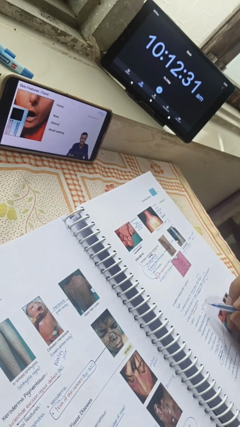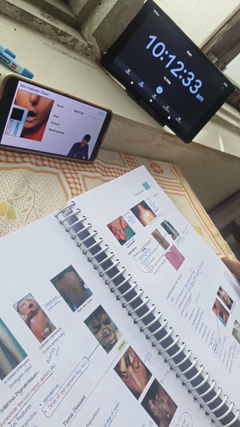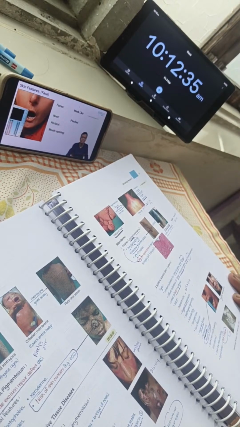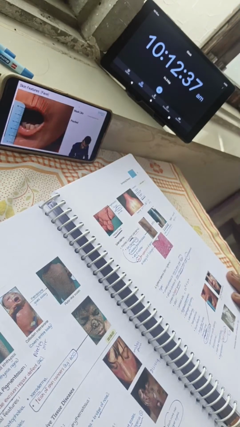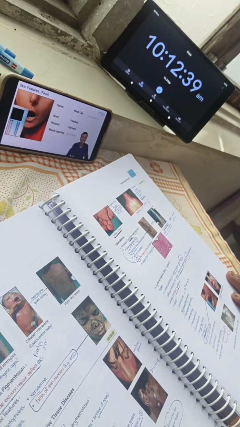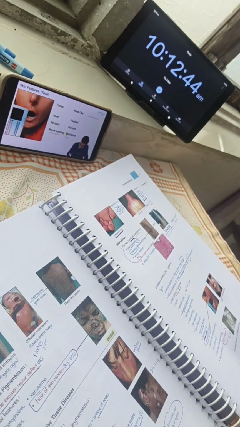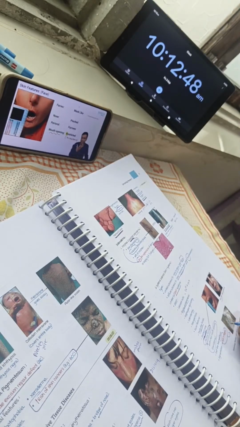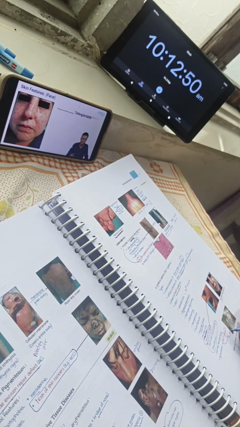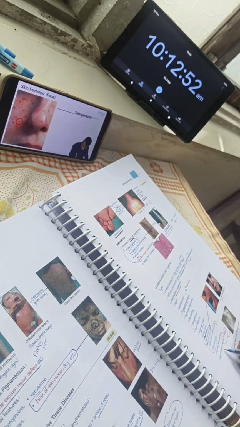Next, we move on to the facial features. You get a mask-like face here. You have a pinched nose, perioral furrows, and the aperture of the mouth is smaller, which is called microstomia. This happens because of the fibrotic process which is involving the skin over the face. And then you can see the presence of multiple telangiectasias, which is referred to as mat-like